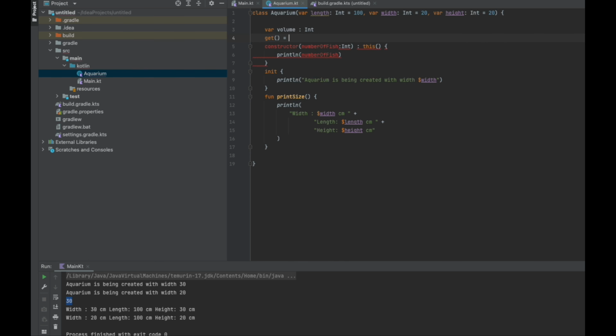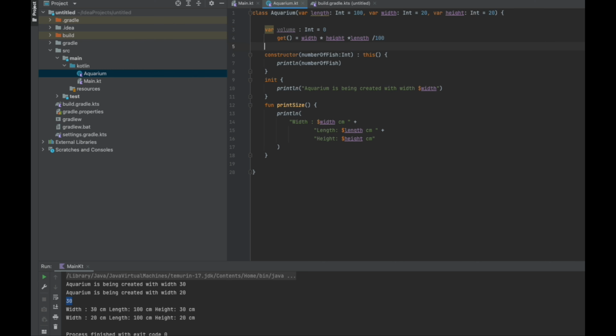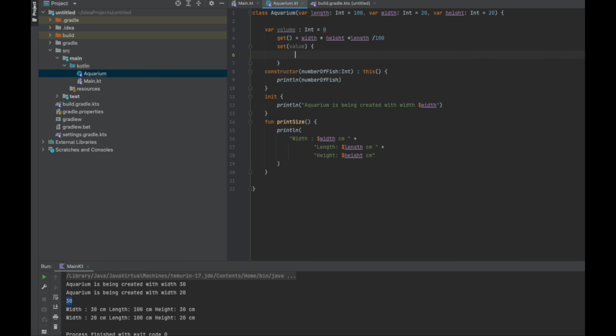When you use this, you need to assign the width. You can just use a formula, width into height into length divided by 100. So for the default value, what we did is this, and for a getter, what we can use is this. And if we want to have a set, you can just have a set value, and inside that what you can do is height equals value into 1000